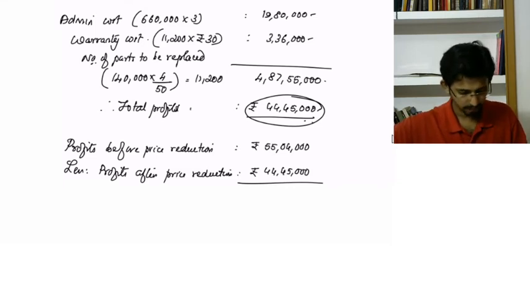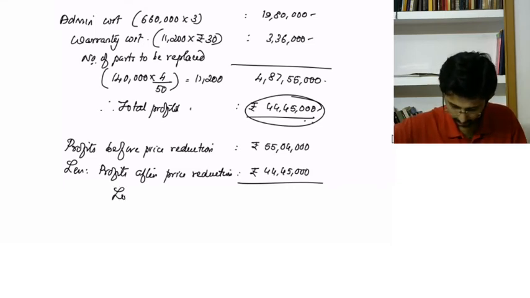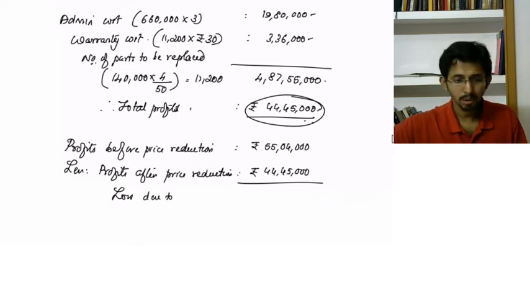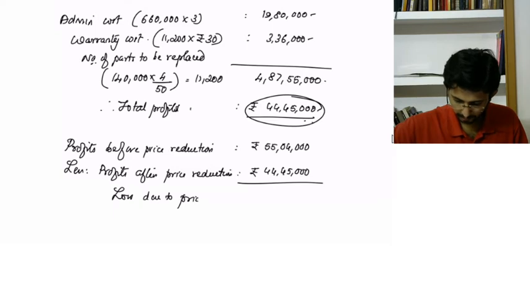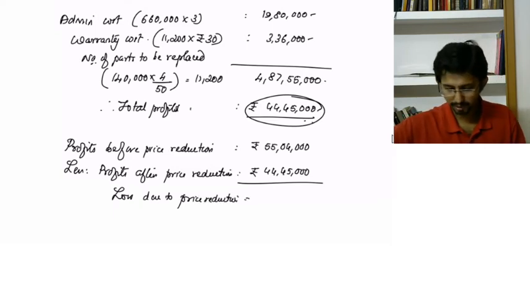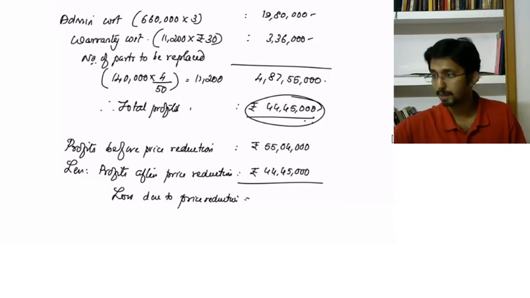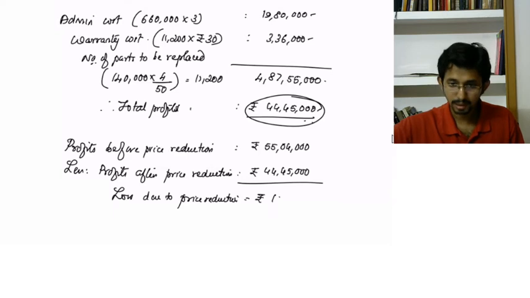Okay, so loss due to price reduction. What is the loss due to price reduction? 55 lakh 4,000 minus 44 lakh 45,000, that is rupees 10 lakh